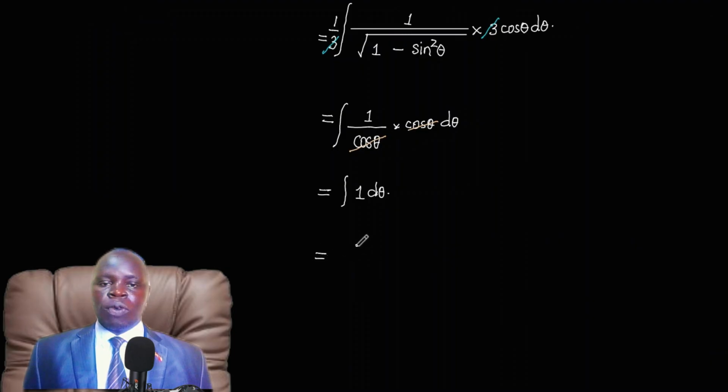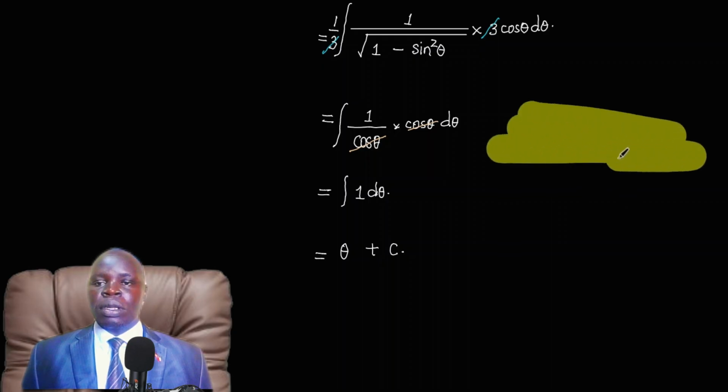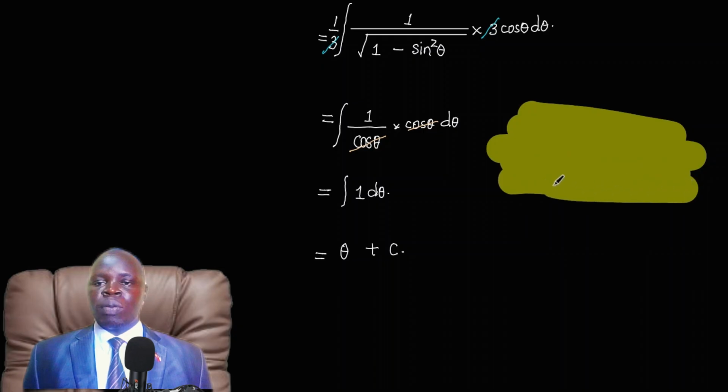So the integral of 1 with respect to theta is just theta plus our constant of integration, since it is indefinite integral. Now our solution is in terms of theta, but remember our question was in terms of x. So we can go backward one step to get back our x. And there was a relationship that links theta to x. What is that relationship? From what we have given earlier on, which was the substitution we made there before, we know that